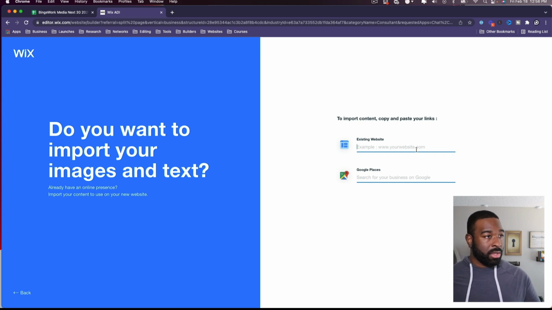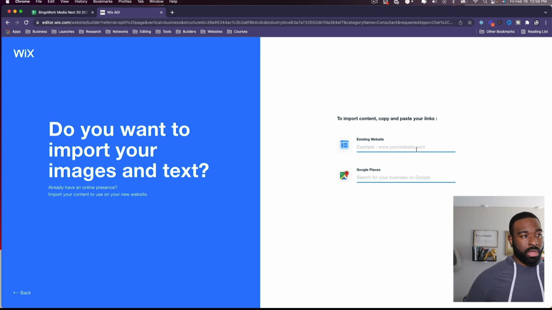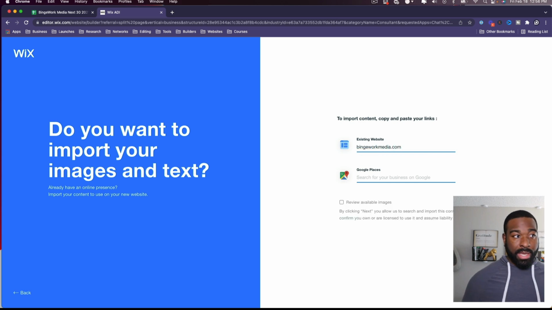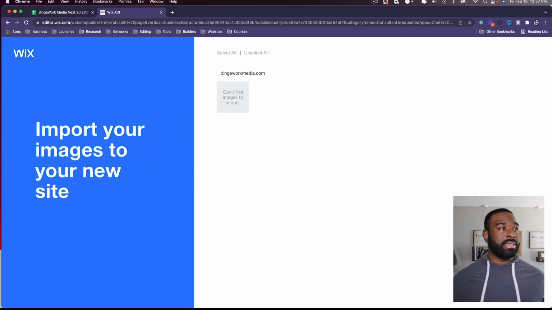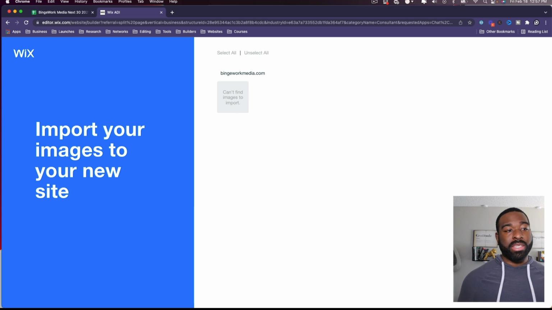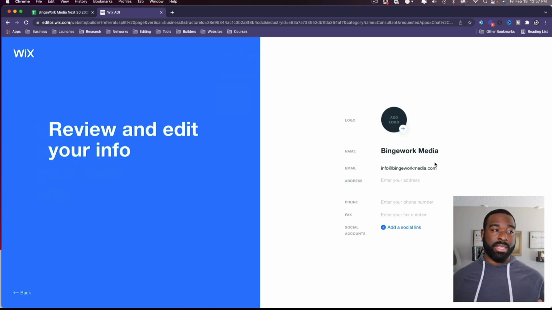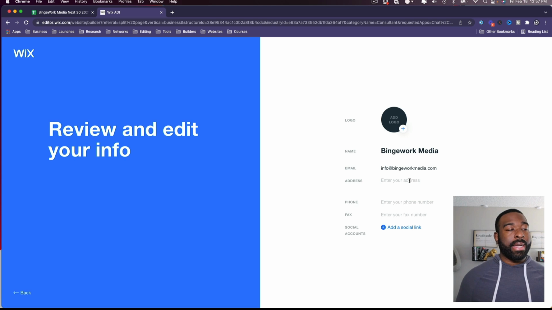Existing to import. Oh, fantastic. So all right, we'll see what happens if I do review available images. Okay. So let's just take a look and see what happens. So cannot find images, no problem. So I'm just going to click the import button. The address will be